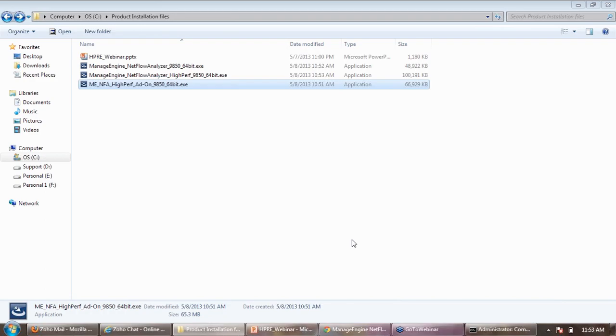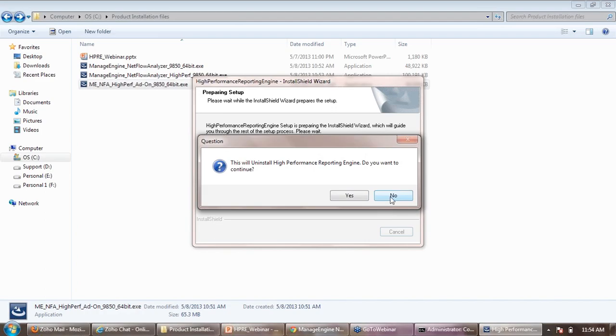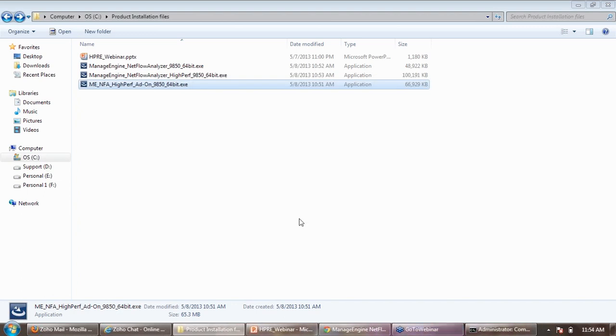Yeah, the main advantage of the HighPerf Reporting Engine, or why we brought this feature into the product, is that we have a lot of requests from our ISP customers as well as customers who want to do security analytics using Netflow data. They want the raw data to be stored for at least 6 months, for auditing purposes as well as for billing purposes. And using a normal database, PGSQL or MySQL or MS SQL, storing the raw data for 1 year will